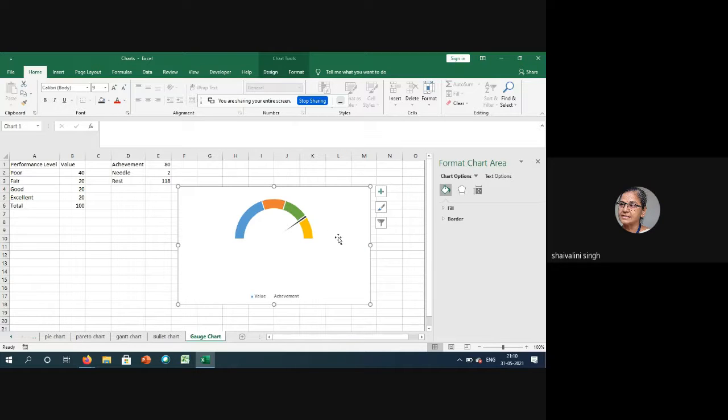वो plus sign chart area में दिख रहा है, आपको plus दिख रहा है? हाँ, वहाँ पे click कीजिएगा। Axes और ये सब होता है, और legend को uncheck कर देना। Legend दिख रहा है ना, वो check है already, uncheck कर दीजिए। तो ठीक है, legend भी निकल गया।